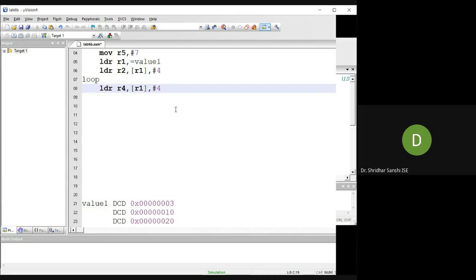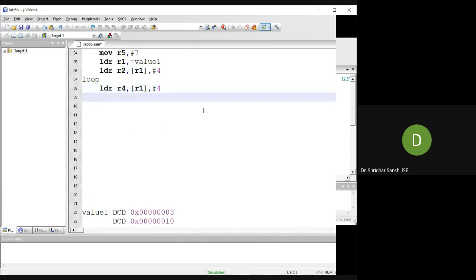From this I will get the second element in R4. Now I have two elements, R2 and R4. I need to compare these two, and depending upon the value, I need to branch. So how to compare? The compare instruction is CMP R2, R4.